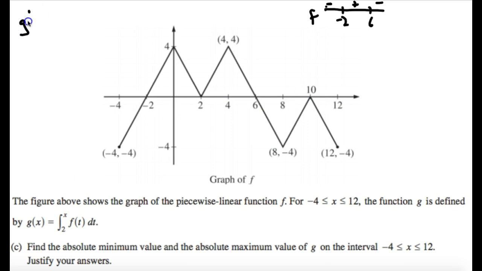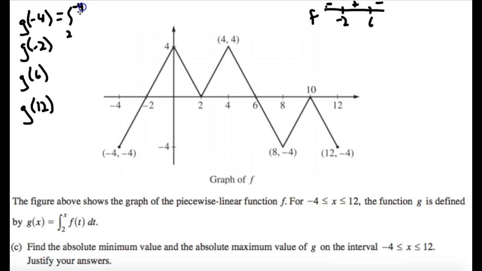I want to evaluate g of -4, g of -2, g of 6, and g of 12, right? Absolute mins and maxes can occur at critical points or at end points. So I need to evaluate all 4 of these things. Now what that means is I'm plugging all 4 of these values into this integral. So this first g of -4 means I want the area from 2 to -4 of my graph of